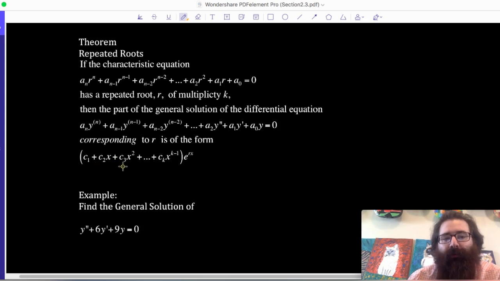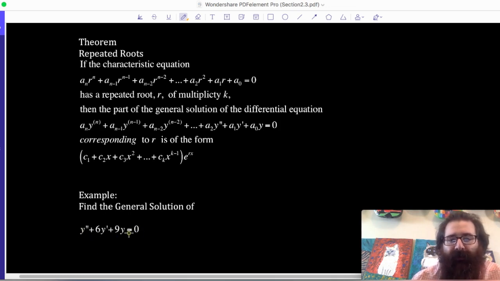And that polynomial is of degree k minus 1. So we build up to it, but we stop just one shy of the multiplicity. I think it can be a lot to look at all at once, so I'll try to explain this in a way that I think makes it a little bit more intuitive and a little bit easier. But the same basic principle applies here, where we're saying, okay, here I have a differential